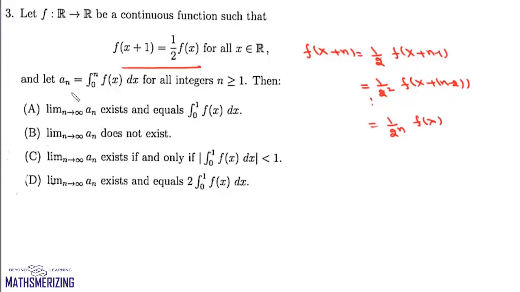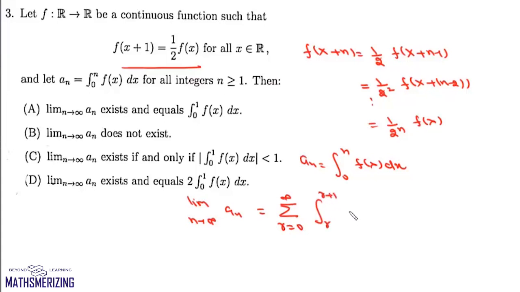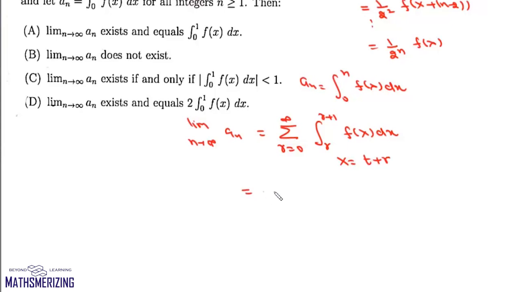Now we need to find this integral a n, which is from 0 to n of f of x dx. Now we need to find this limit as n tends to infinity of a n, which is this summation r varies from 0 to infinity of the integral from r to r plus 1 of f of x dx. Now what we'll do is, we'll replace x with t plus r. Then we can write this as this summation r varies from 0 to infinity, here the integral will be from 0 to 1